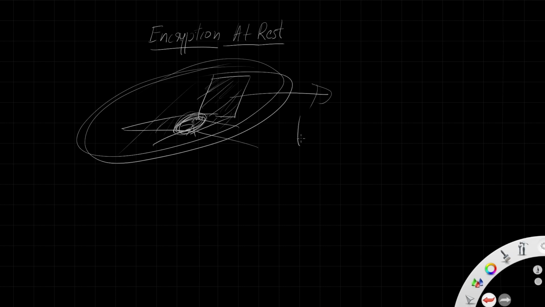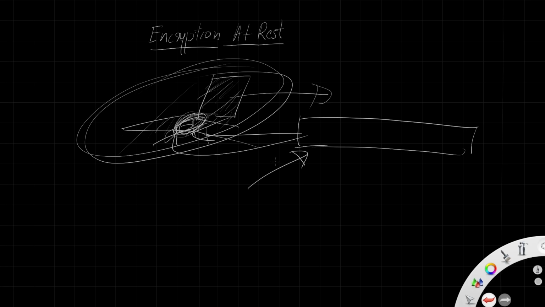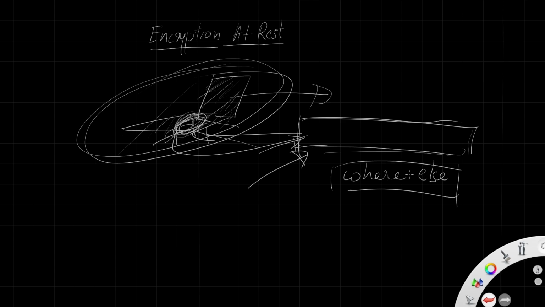So you'll have a single encryption key, and you encrypt all the information within this particular drive. Now the question is, where do you keep this key? You can't keep this key inside this disk. Why? Because if someone obtains this particular disk, he will obtain the key as well. So we need to keep the key somewhere else. Where else can we keep the key? We can't keep it in the disk.